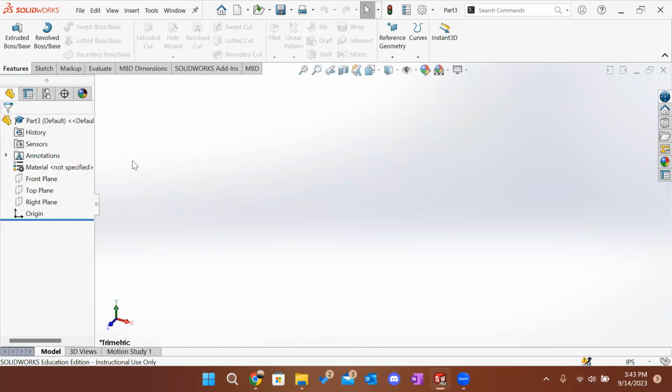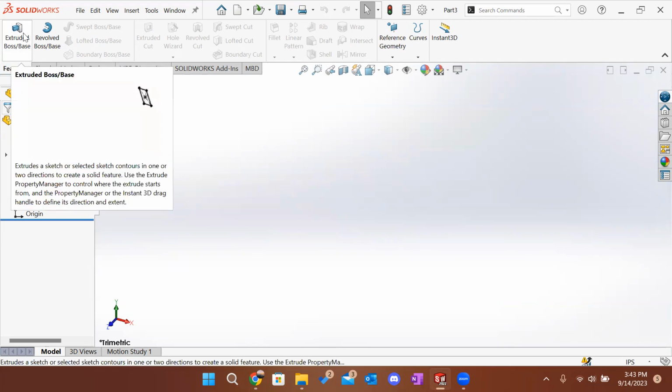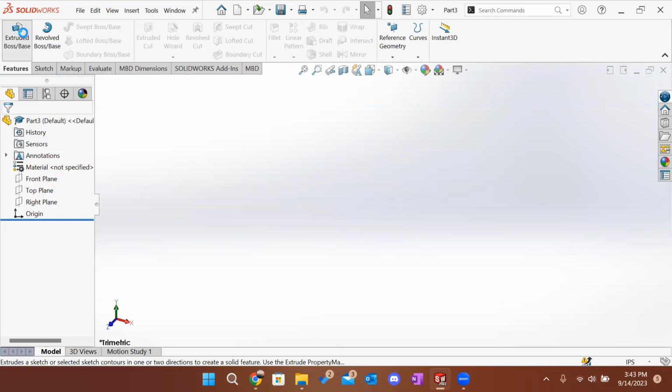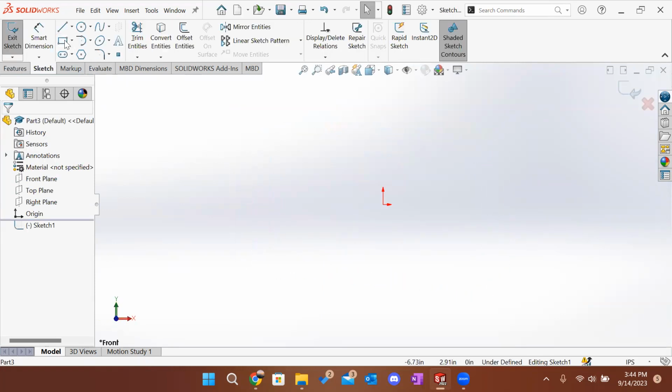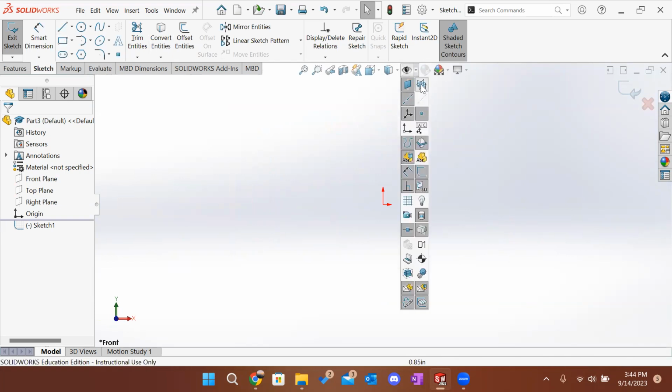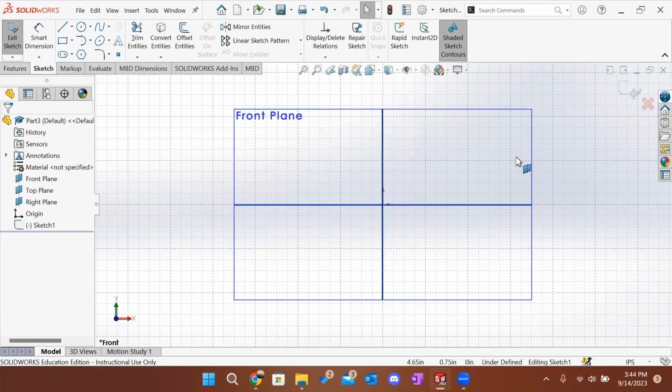And now if I know I'm going to make it into a 3D part and not just keep it as a sketch, which the majority of the time you do, I might hit extruded boss/base. And now it's going to tell me which plane I want to sketch this cross section, or the 2D sketch, on. So I'm going to choose a front plane again, just because that's what I'm doing for today. I'll turn those two visibility items back on. And